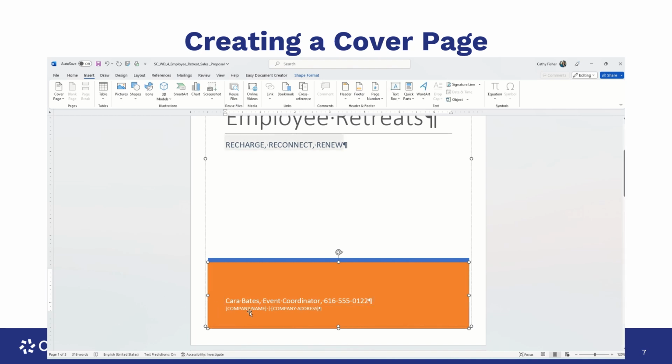The company name is going to be Awakenings Lodge and Conference Center. And the company address I'll put in as well is